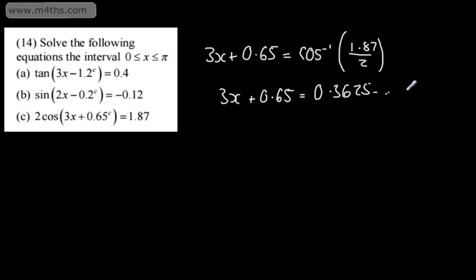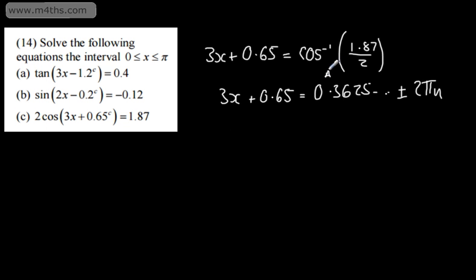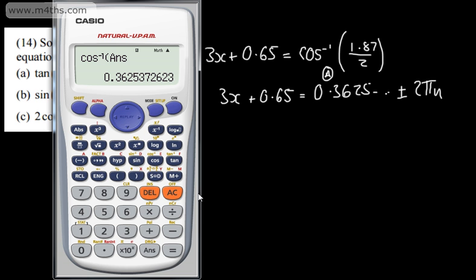0.3620.3625 dot dot dot dot, and then we're going to have plus or minus multiples of 2 pi. Okay, by symmetry, if we've got this one, 0.3 whatever it is, back in, we can call this one a. I would do this in pencil if it's in an exam because it means nothing to the examiner. Shift store a. So what we're going to have now, by symmetry, is the same distance back